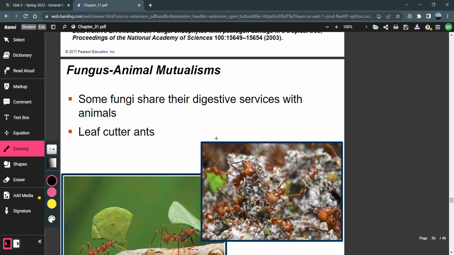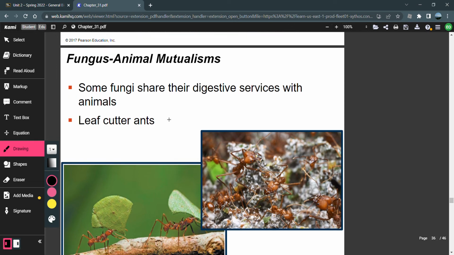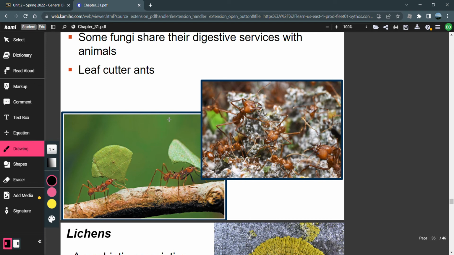Fungus and animal mutualisms. Some fungi can share digestive services with animals. Leafcutter ants will purposely bring undigested leaves to their colonies. And these colonies would have hyphae or mycelium or fungi to break down these leaves that the ants have laid out for them. This fungus would create sugars, minerals, and edible food from what was once a leaf that the ants